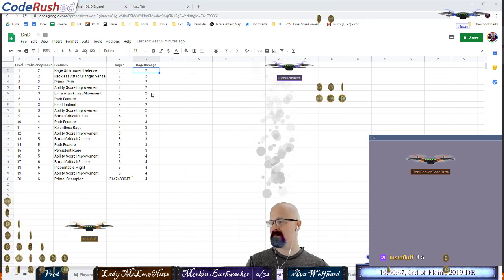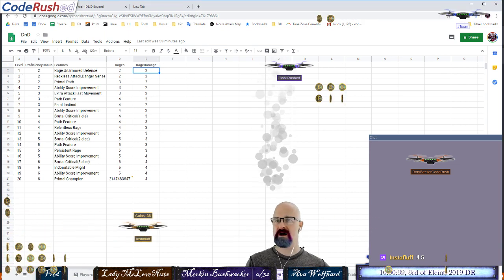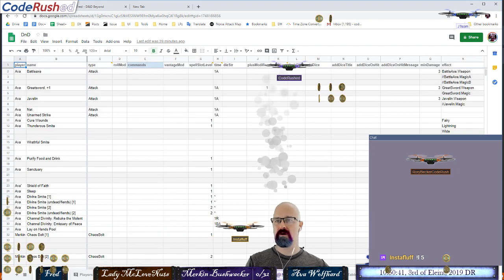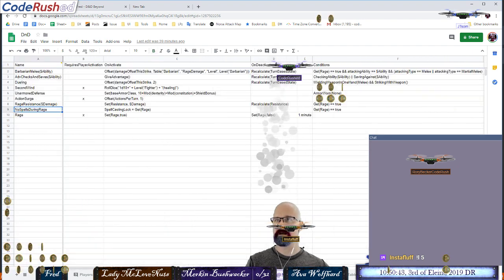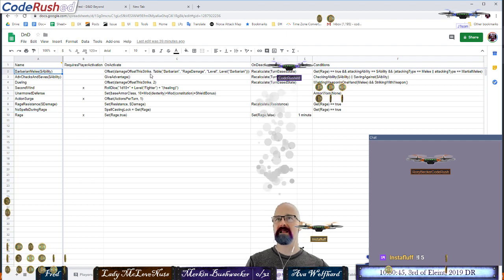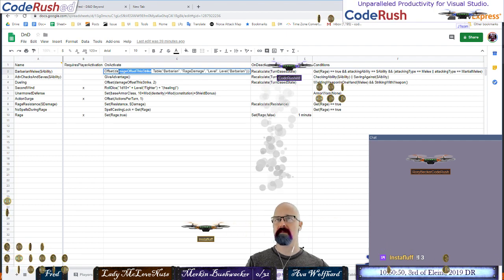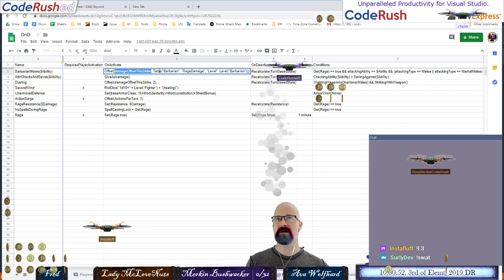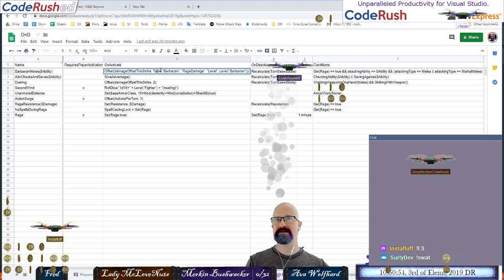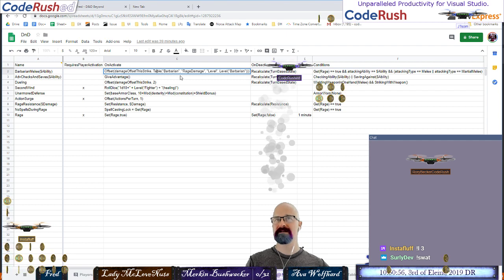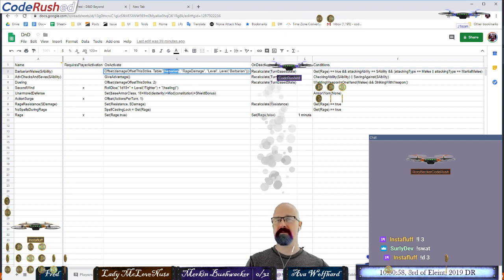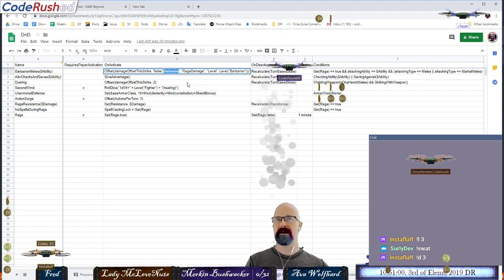So check out what I'm doing here in the feature for barbarian melee. The first parameter is damage offset this strike. That's what we are going to modify right here. But check it out. The second parameter is the table function. The first parameter of the table is barbarian, right? In fact,